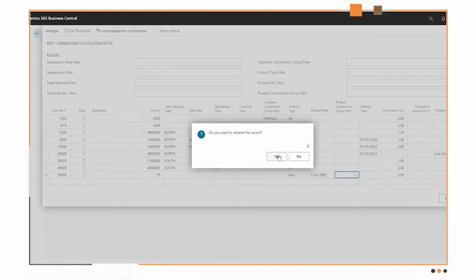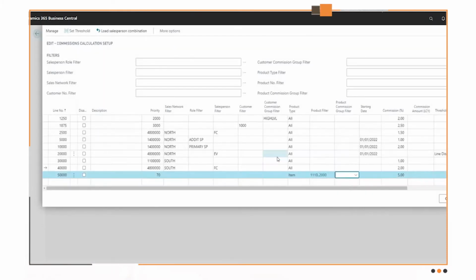It's all in the key, so it asks to rename. My suggestion is not to use too many filter lines because of performance issues. It depends obviously on how many lines of setup you have, but if you have many lines of setup and those lines have filters, the system will be slower in calculating commission. But it depends on